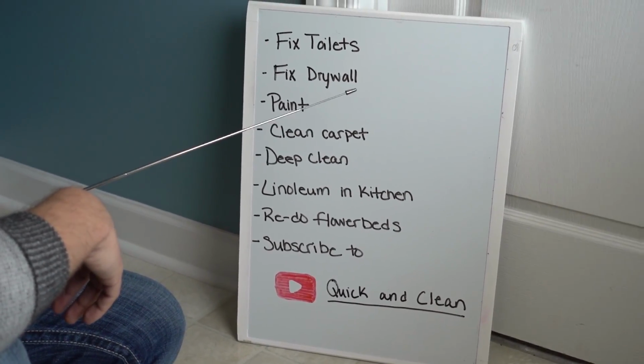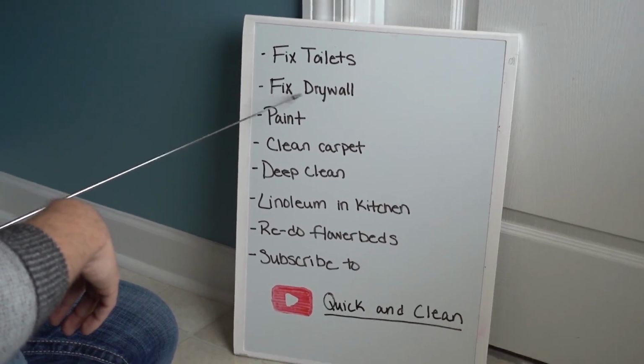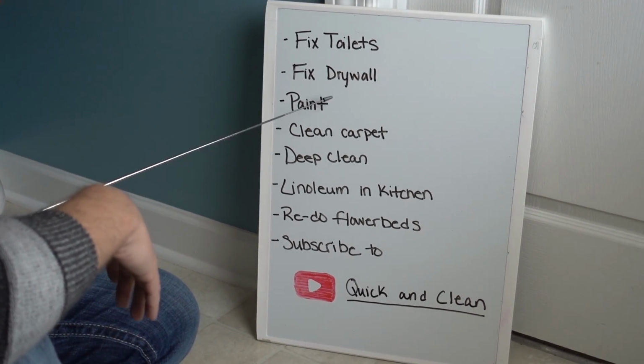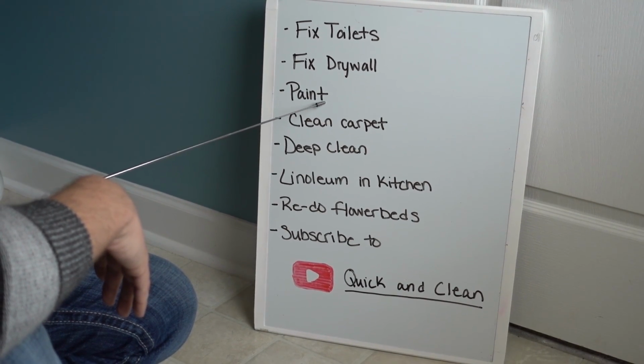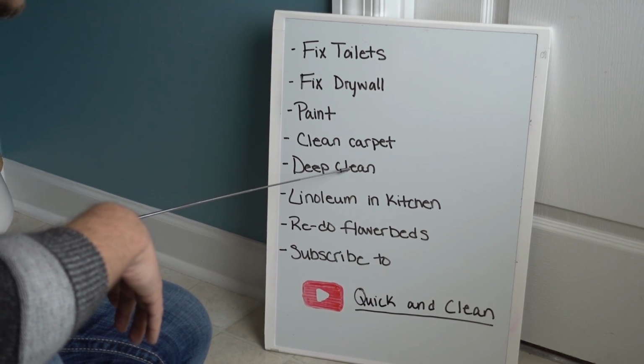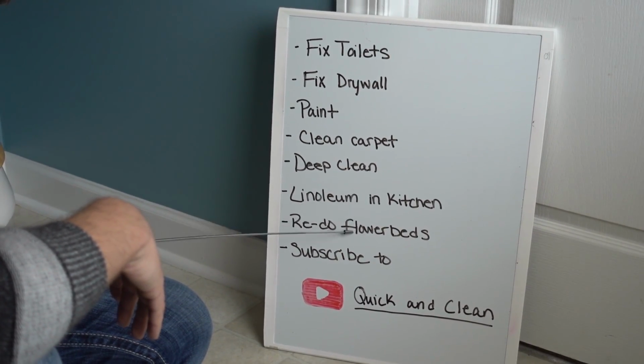And then the next things on the list are we got to fix the drywall in the house. There's a couple of holes and such. And we got to paint, clean the carpets, do a deep clean on the whole house, replace the linoleum in